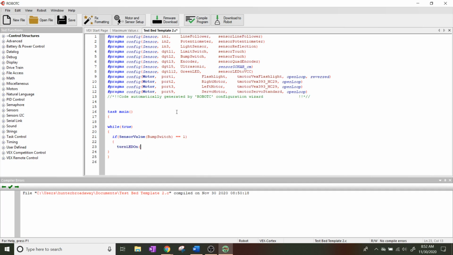I think I called mine green LED. You might want to make sure that you actually call the right LED function. It's going to be up here at digital port 12. So I called mine green LED. You're going to type in whatever you've got there. So turn LED on, green LED, and then I'm going to close that curly bracket, and then else